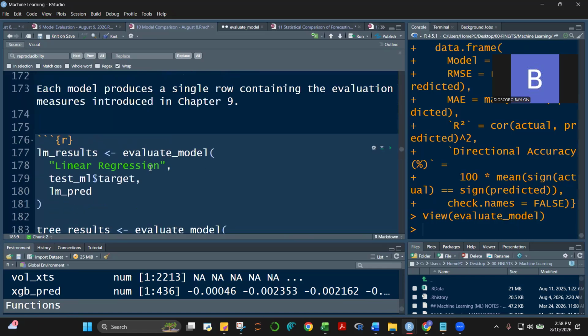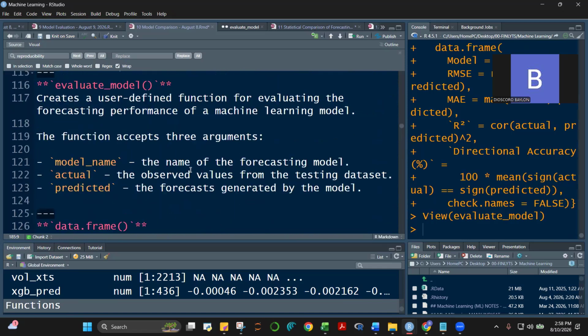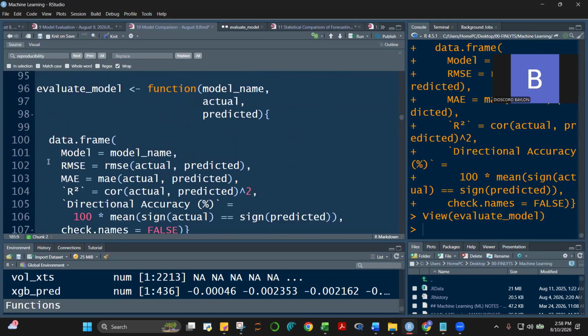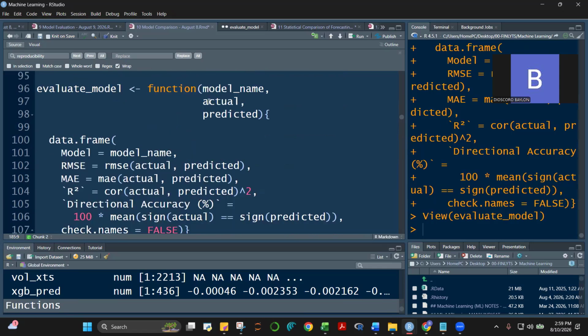Okay? So ginamit natin yung evaluate model na nicreate natin sa taas dito. That we created here. This one. Yung evaluate model na to, ang sabi, function, tapos maglagay ng tatlong inputs, model name, actual, at saka predicted. Tapos, anong gagawin niya? Ito yon class. Whatever model name you put here, and then i-compute yung RMSE. RMSE nakadefine dito kung ano yung actual, nakadefine din kung ano yung predicted. MAE, nakadefine din yung actual, diba?